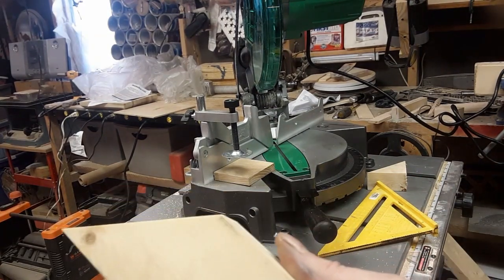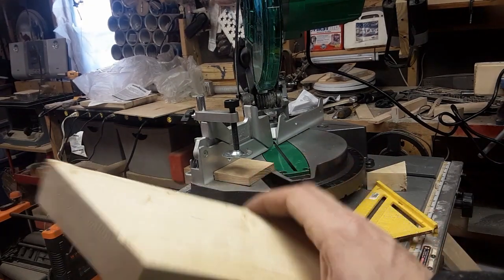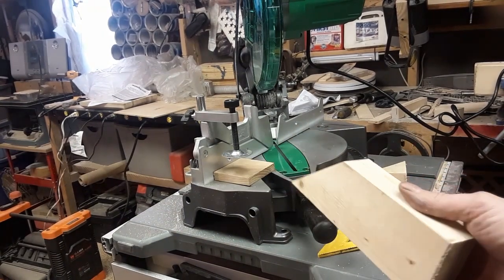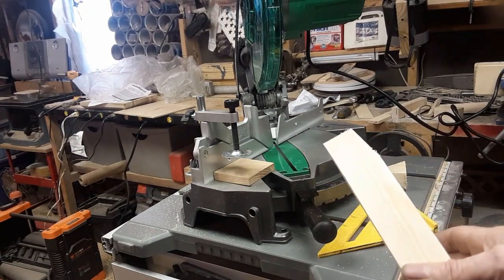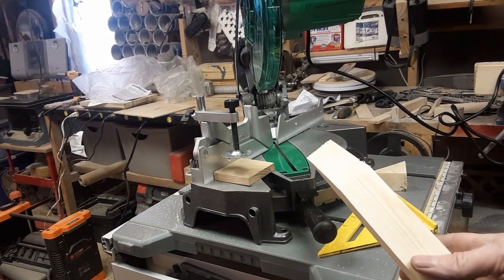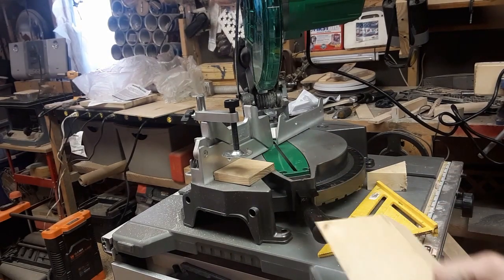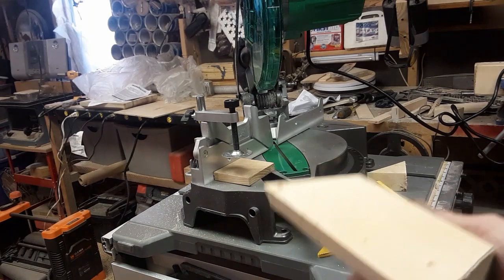And I got to tell you, when you're using a table saw and you've never had one of these before, you don't know what you're missing. I've been using chop saws and miter saws, sliding miter saws, a long time, and when mine crapped out, I really missed this. I've had to do all my miter cuts with the table saw, which works, but this is so much easier